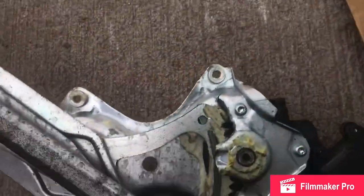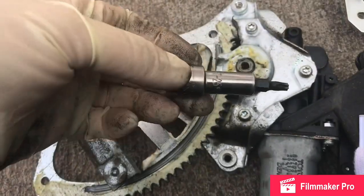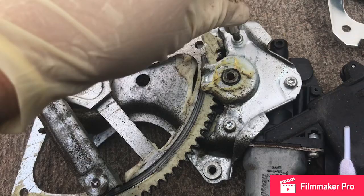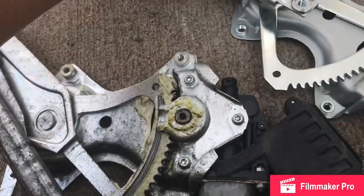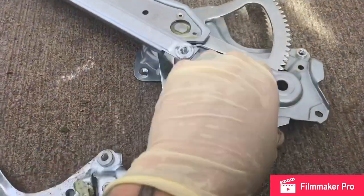the new regulator. Looks like we've got 3 torques. These 3 bolts that attach the motor are a T25. You want to make sure you have the right socket in here so that you don't strip out the inside of these torques. You also want to bolt the motor onto the new regulator